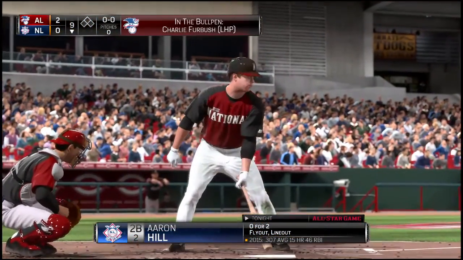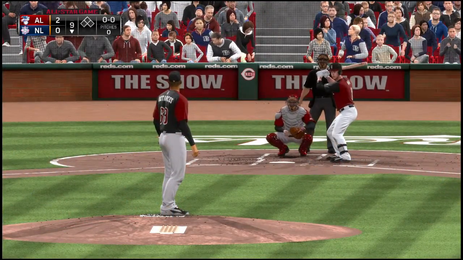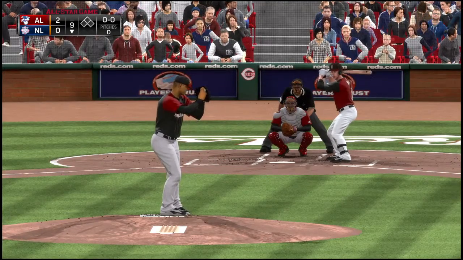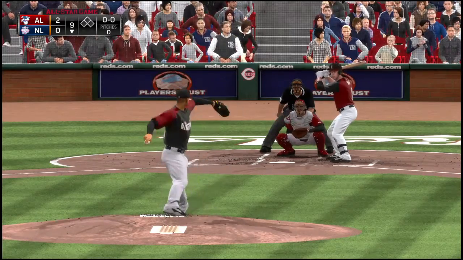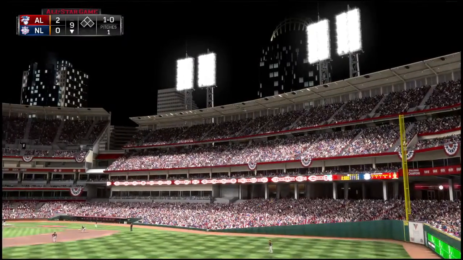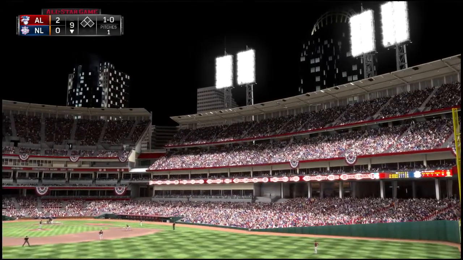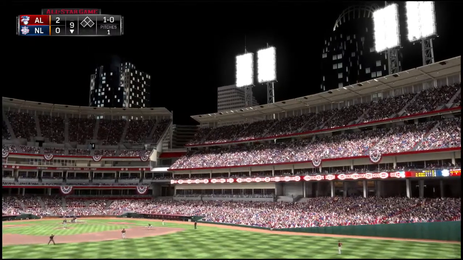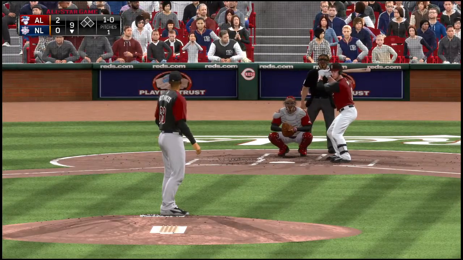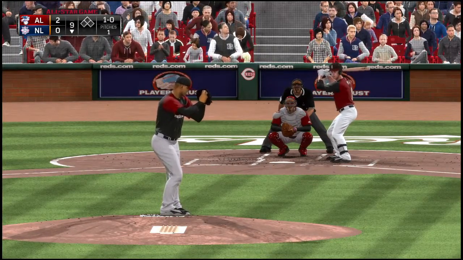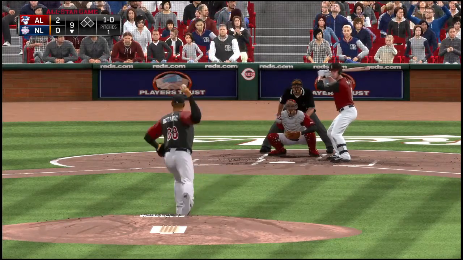Aaron Hill will take another shot here. He's flied out and lined out in 2 trips. Yeah, we see a lefty and a right-hander start to loosen up in the bullpen. Trying to jam him with the first pitch slider, but it's in a bit too tight for ball 1. Now the 1-0.